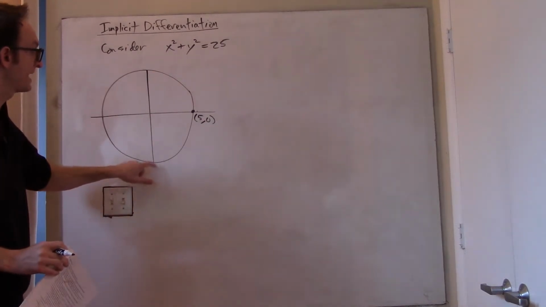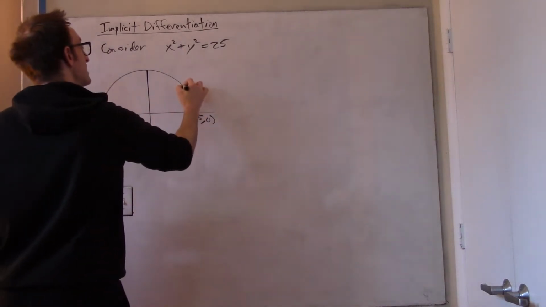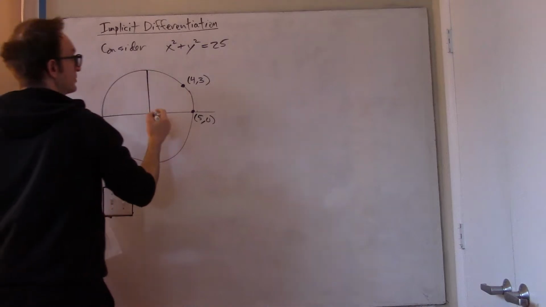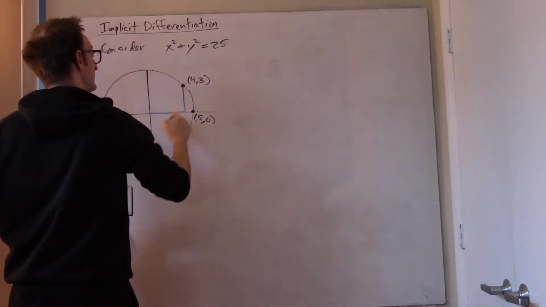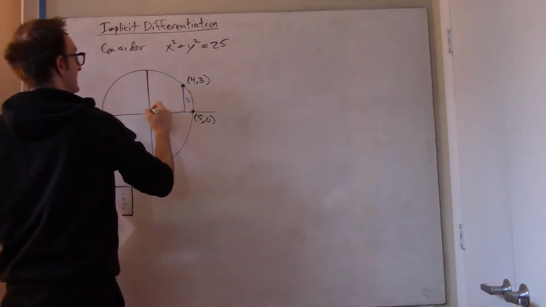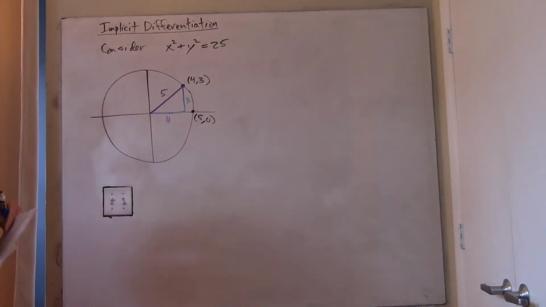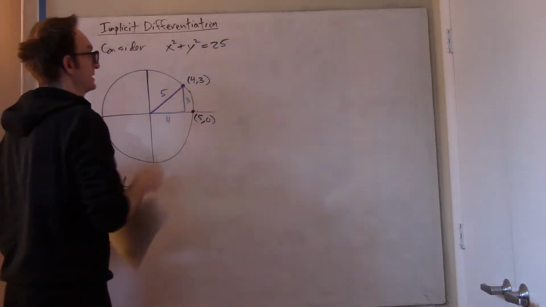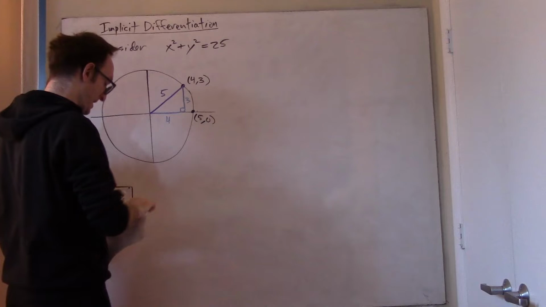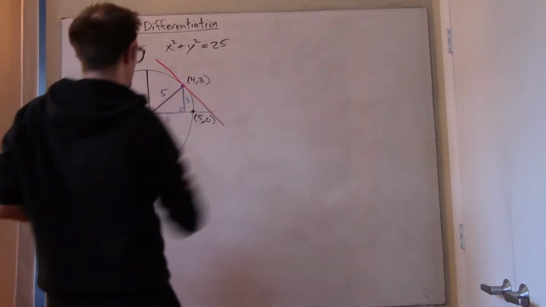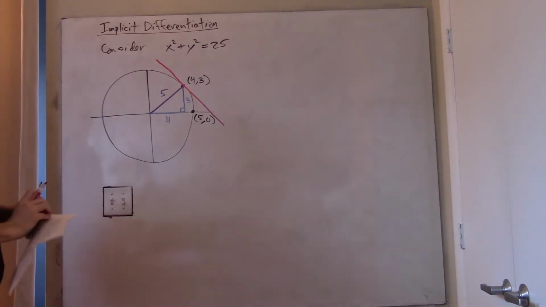So, great. Let's take a particular point, say 4, 3, on this circle. Of course, it satisfies this equation. And it's also true, helps to think visually, that this is over 4 and up 3. So 4, 3. And then this hypotenuse has length 5, of course, because it's a circle of radius 5. It's a 3, 4, 5 triangle. All right. Now I have a question, and the question is, what is the slope of the tangent line to this curve? So I make a tangent line to the circle at the point 4, 3, and